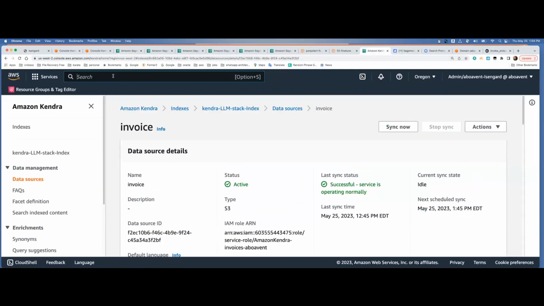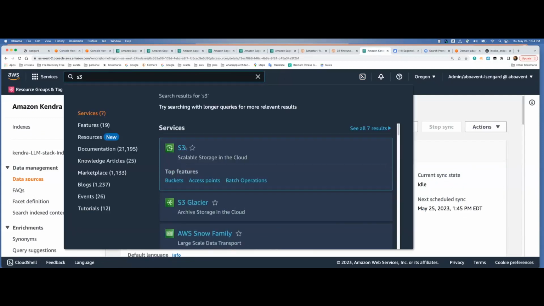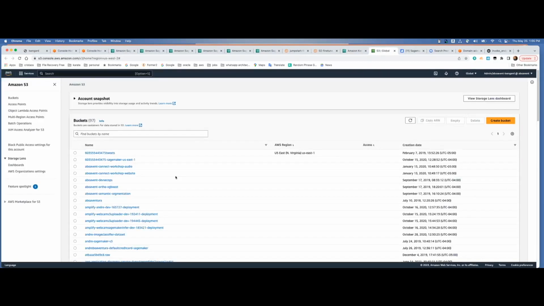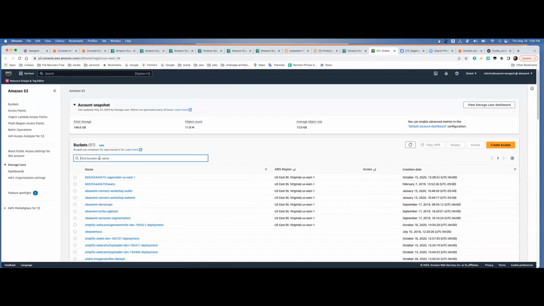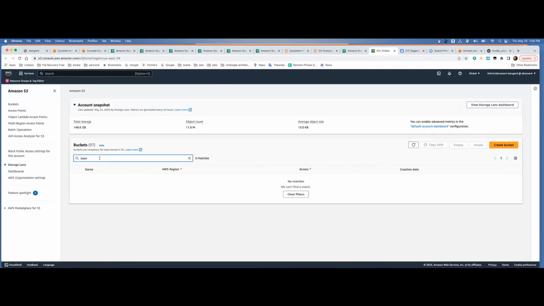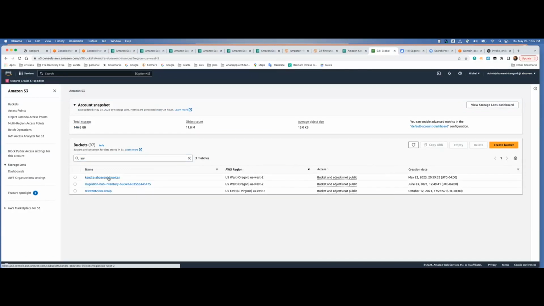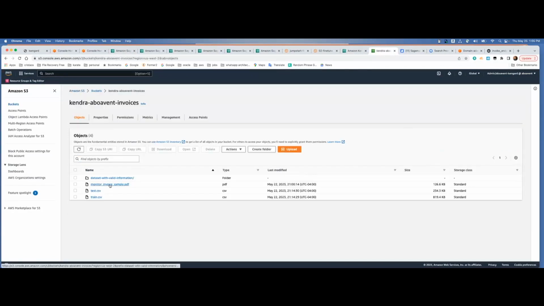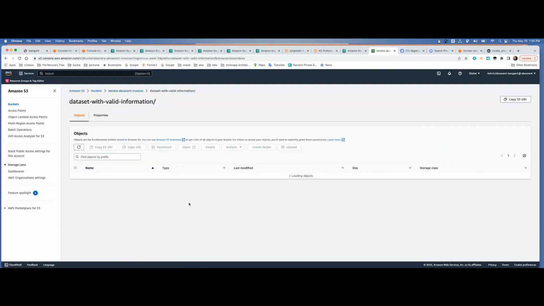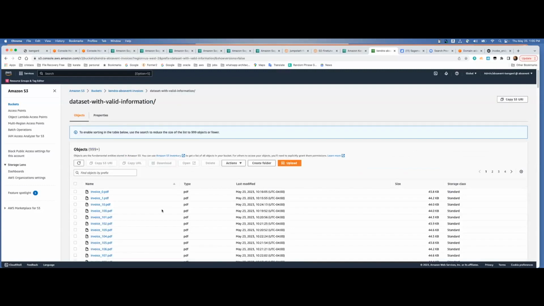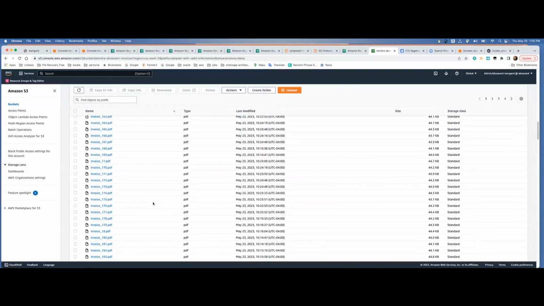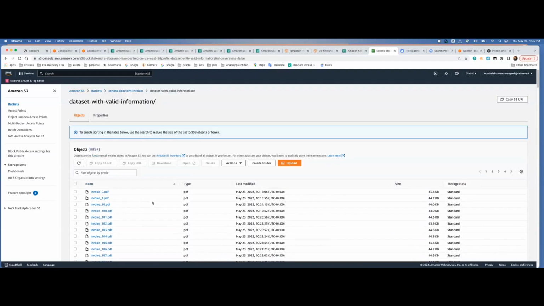S3 over here, you're going to see I have indexed and crawled with Kendra these invoices. So as you can see here, we have hundreds of invoices that have been uploaded, actually over 1,000, which I use to train. And then what I'm going to do is basically ask Kendra,